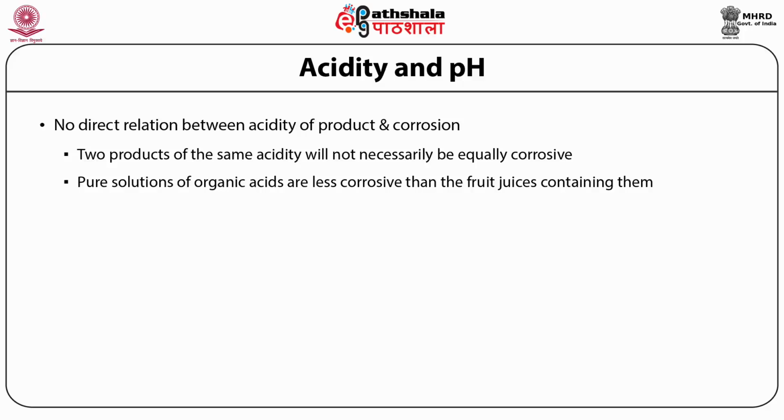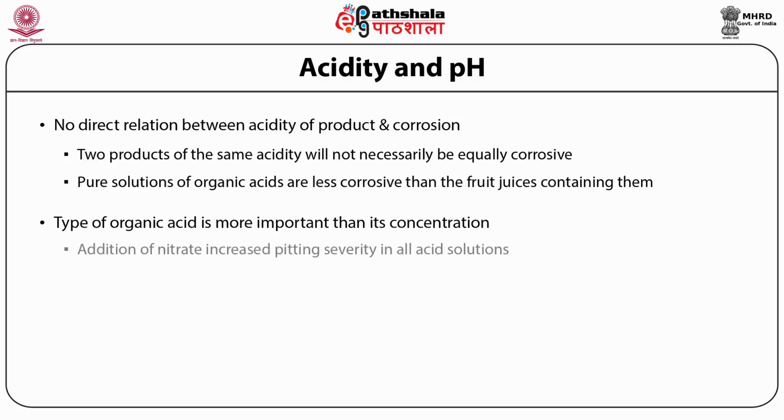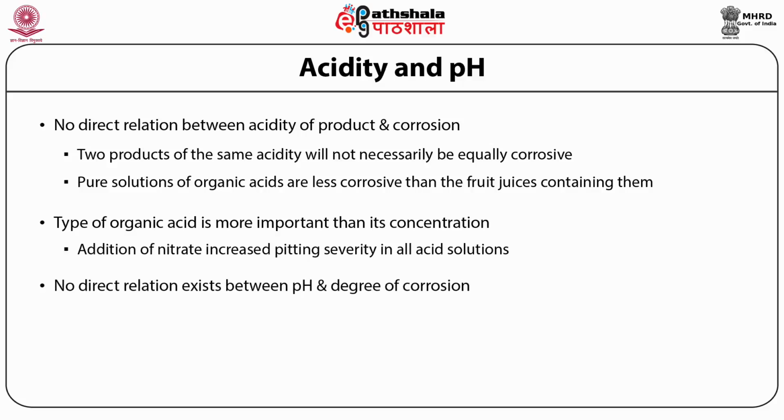It has been well established that the tendency of an acid to form a complex with dissolved tin has an important bearing on the relative polarity of tin and steel, and hence the degree of corrosion. The type of organic acid is more important than its concentration, and the addition of nitrate increased pitting severity in all acid solutions. If you see the pH, same as acidity, no direct relation exists between pH